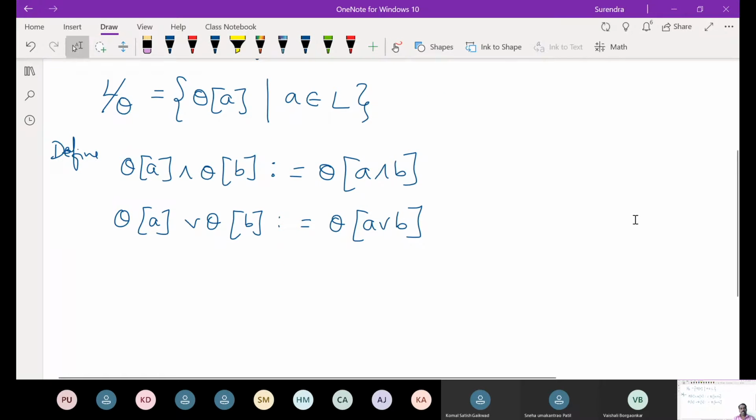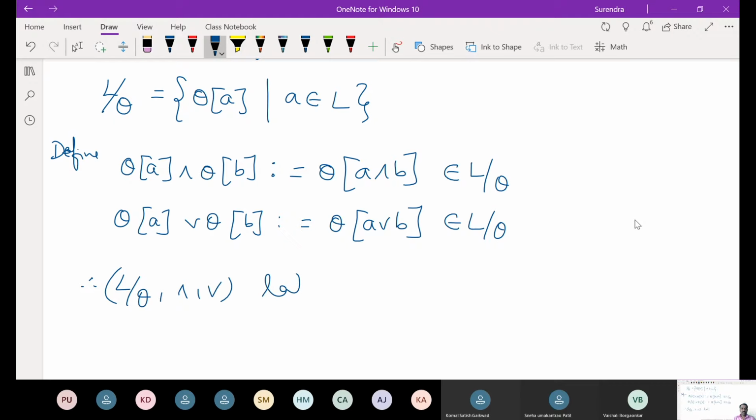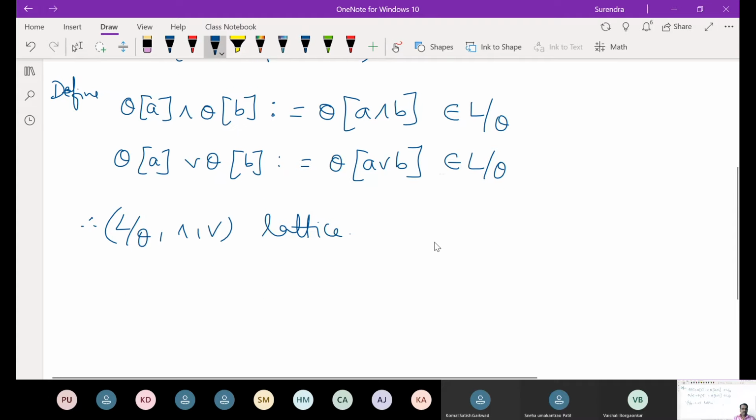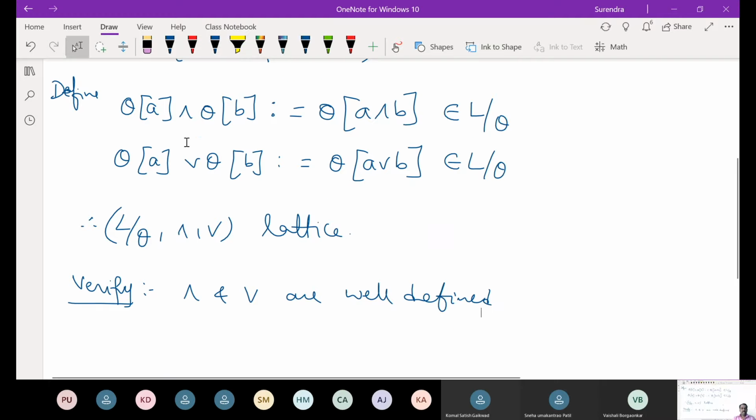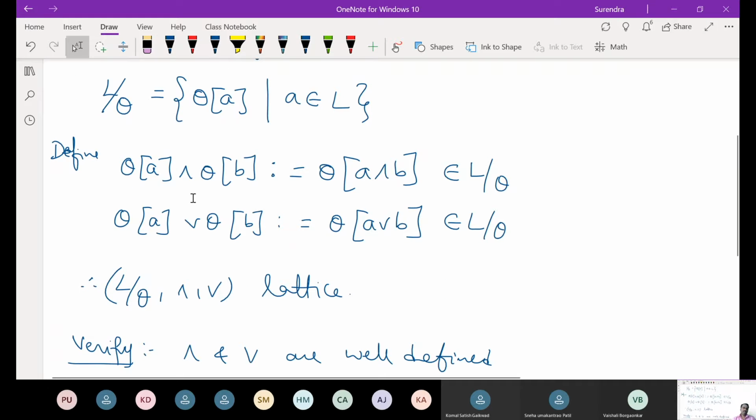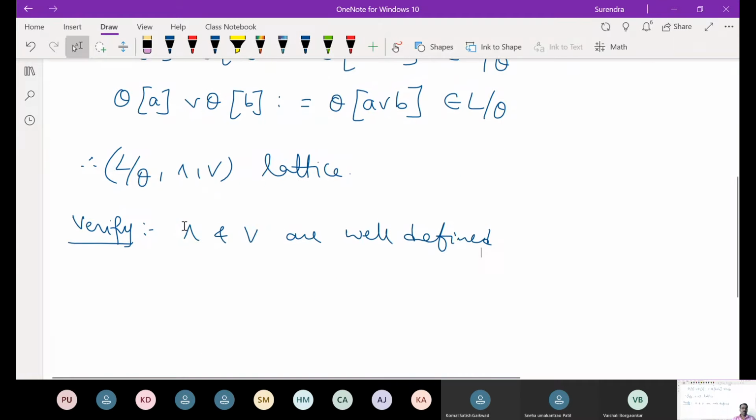Then it is clearly closed, so this also belongs to L modulo theta. Therefore, L modulo theta with respect to these two operations is a lattice. Of course, we have to verify that this join and meet are well defined. What is meant by well defined? Whenever theta of a1 is equal to theta of a2, using the substitution property and so on, that means